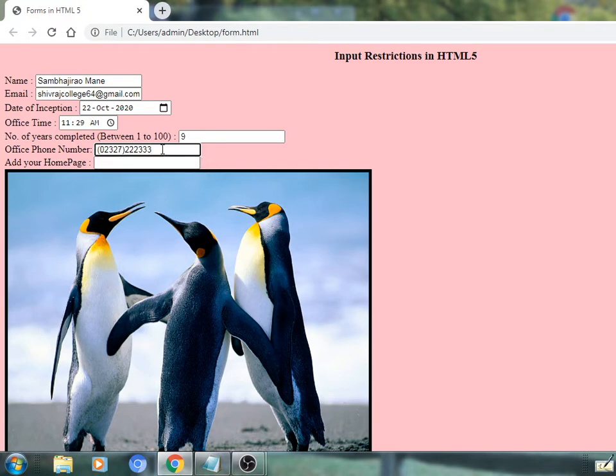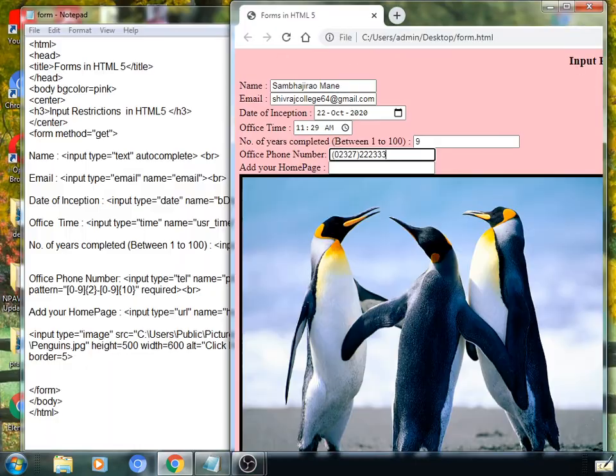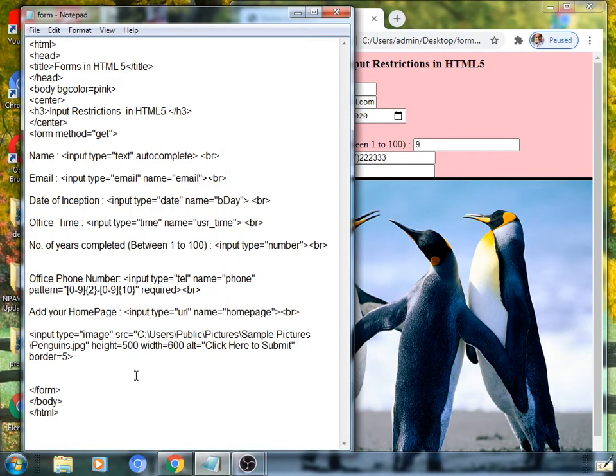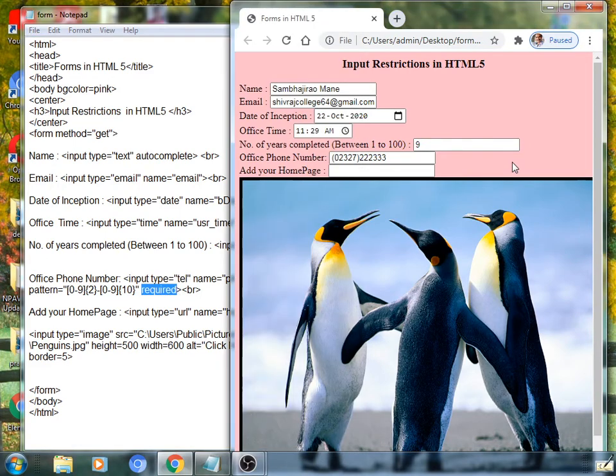If such a value does not support the format as we have given here, 0 to 9 means it becomes 10 digits, total digits will be 10, like this. And lastly, we have applied required, meaning some value must be there. So, before submitting, it must have a specified value.